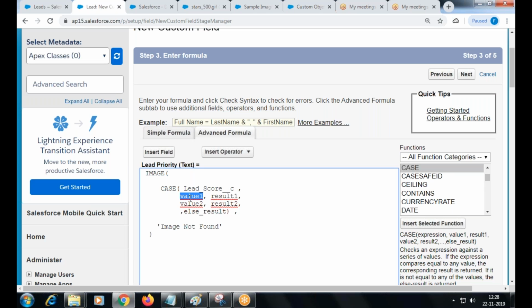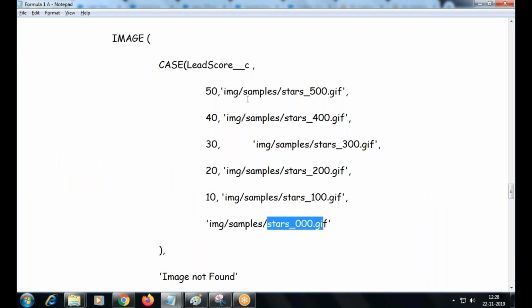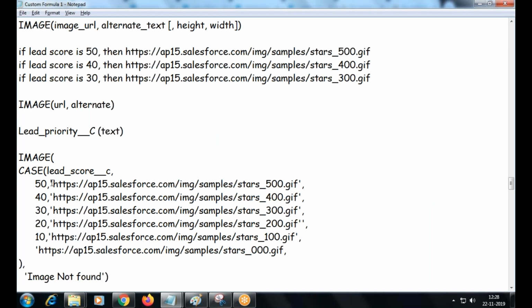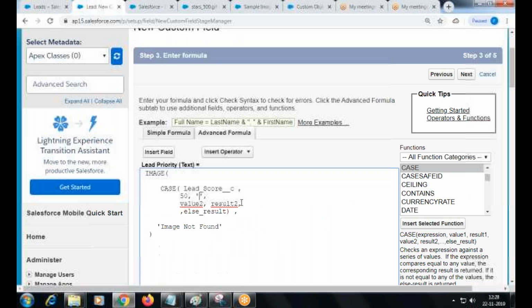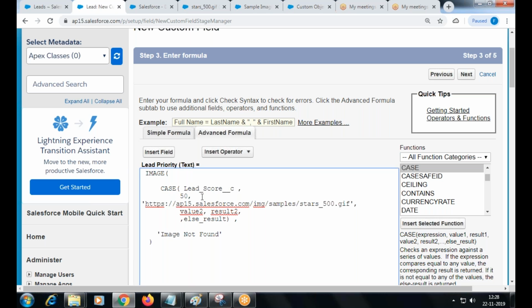If the value is 50, then what is the URL, right? Within single quotes, the whole URL. You will get this, right?